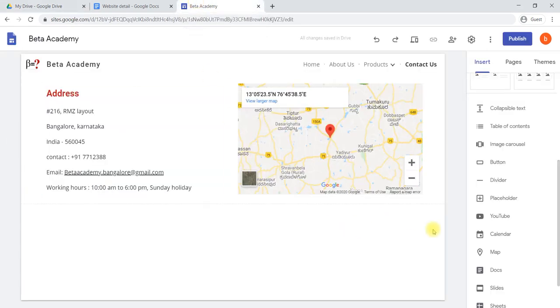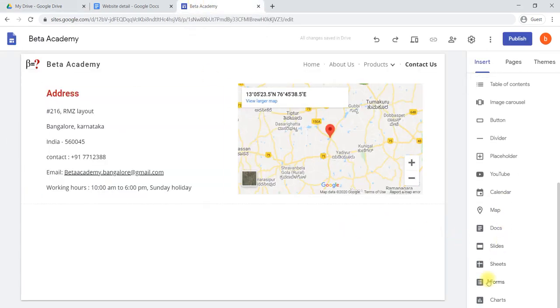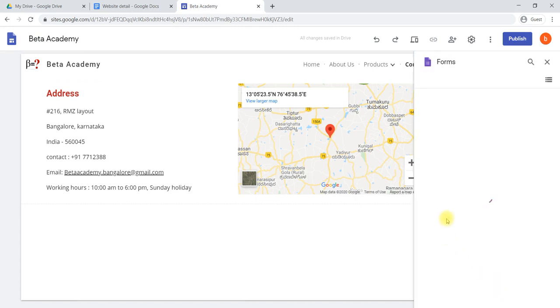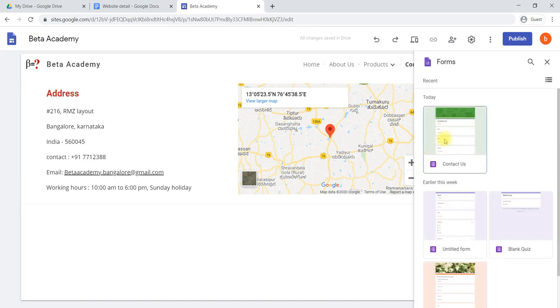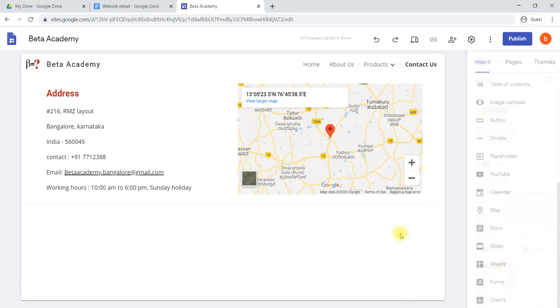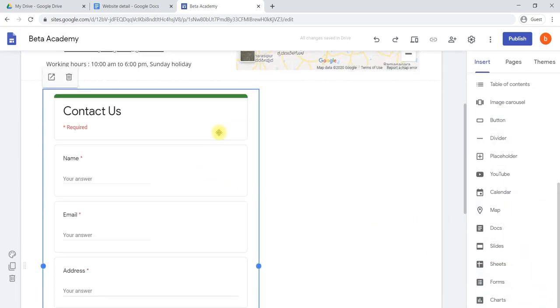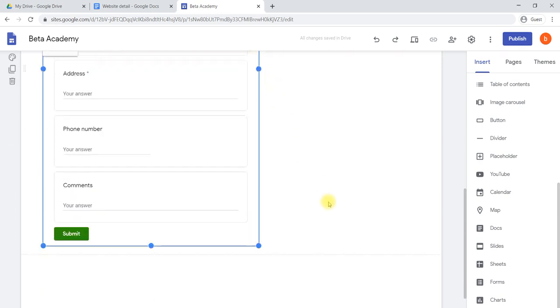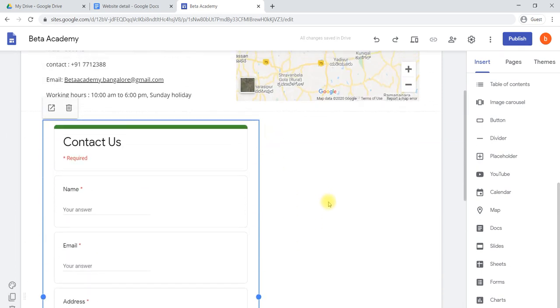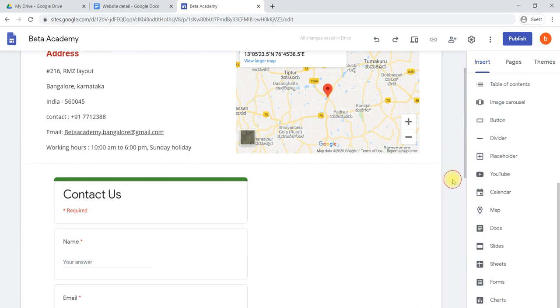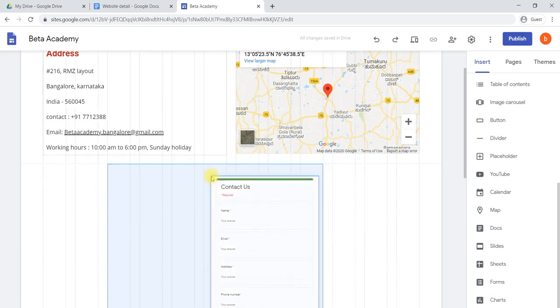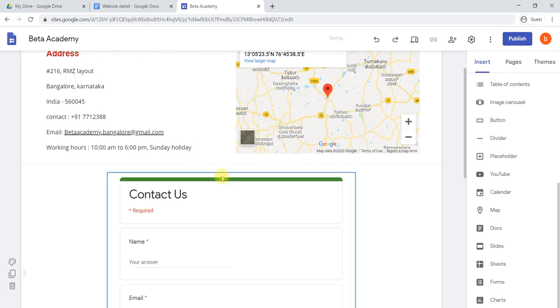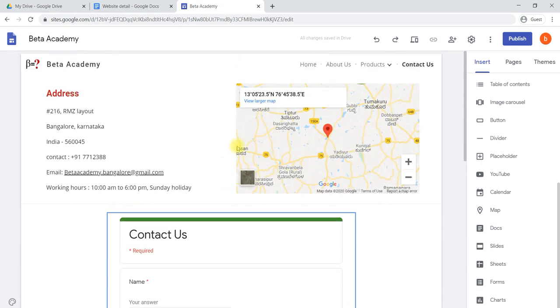We already did it. So what we will do, we'll go to forms here. Okay, here the last but one option is forms. We'll insert the form to be inserted. We have to select that one. This is the form we would like to insert. Contact us, insert. Okay, here you can see the contact form has been inserted. Now you can see how it will look. For example, we will take the contact form to the center, so that it will look better.